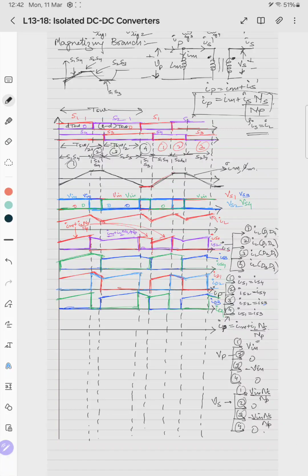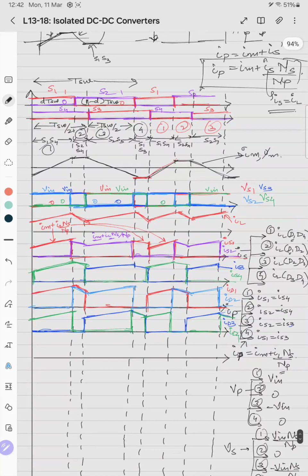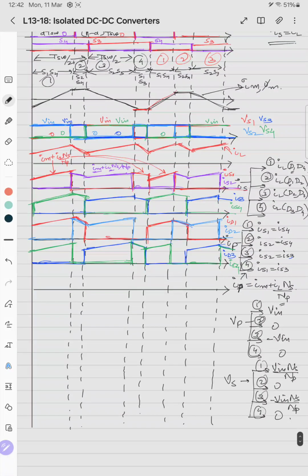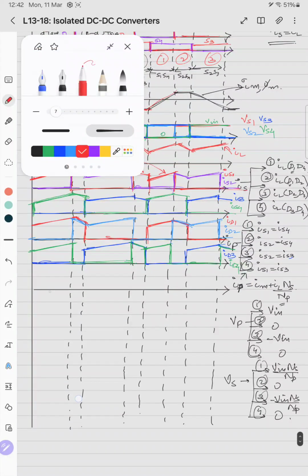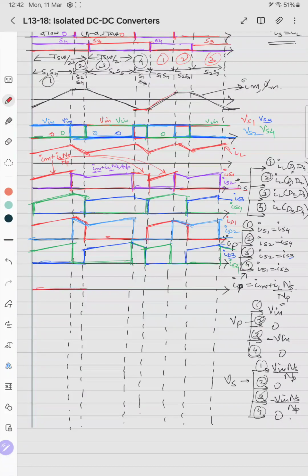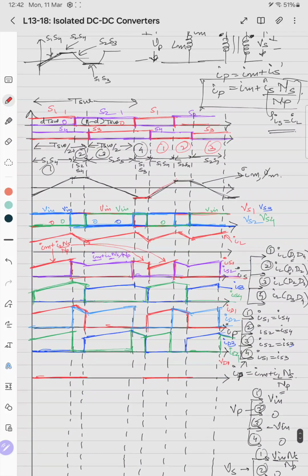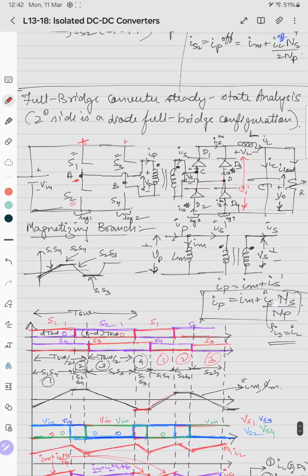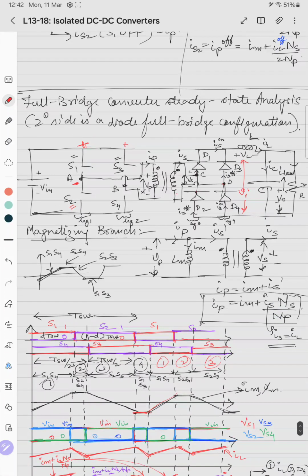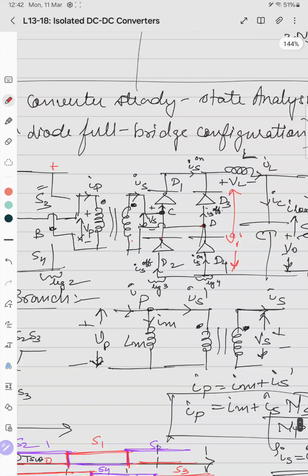Whenever diode D1 is on, as in cases 1 and 2, the voltage across it is 0. So in cases 1 and 2, VD1 is 0. Now for case 3, D2 and D3 are on. So in that case, what happens is, as D3